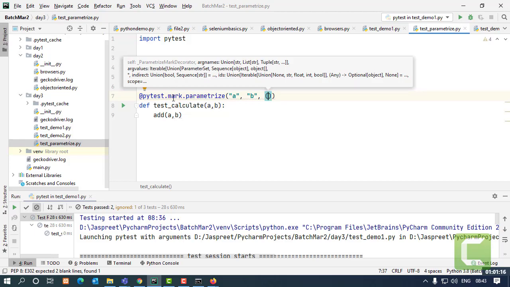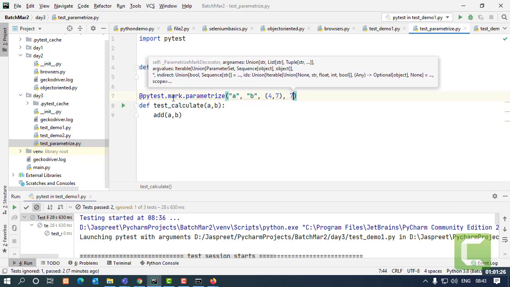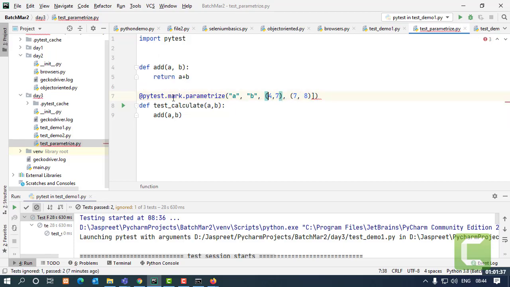Let's say 4 comma 7. This is one set of mine. There is another set, let's say 7 comma 8, and these two data sets will be inside a list.